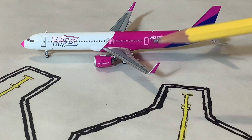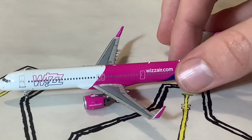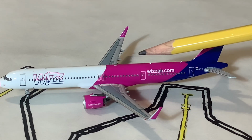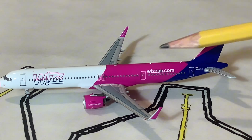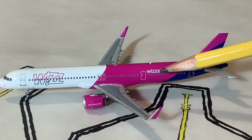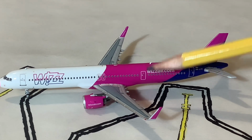And then we also have the winglet here, which is blank on the outside, but I believe it says WizzAir.com on the inside of the winglet. We have a beacon, and then for that we do have another antenna, and a third one back towards the tail. We have our L2 door, I guess. And this is, of course, not a door plug. This is a proper exit door, as Wizz Air